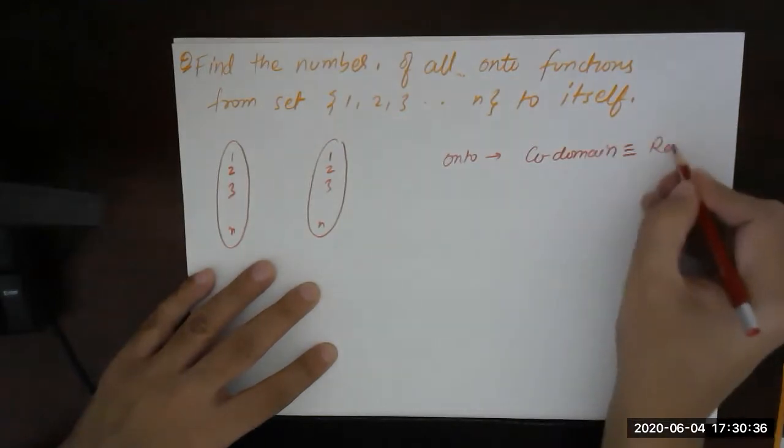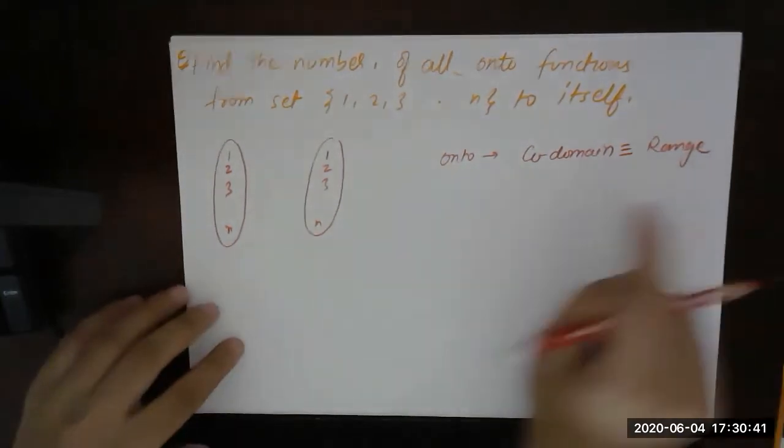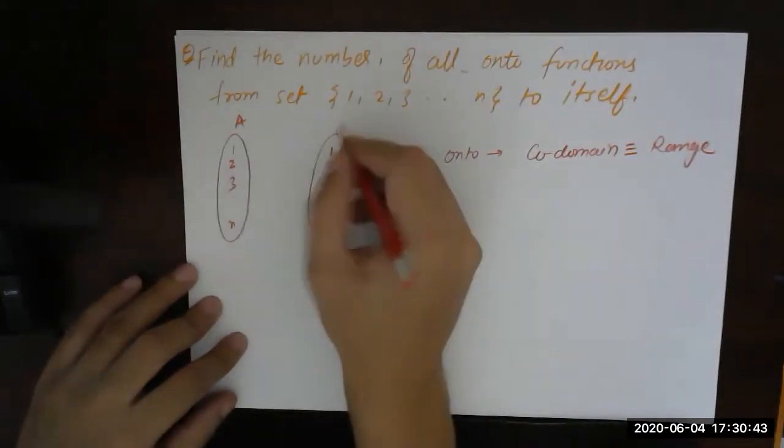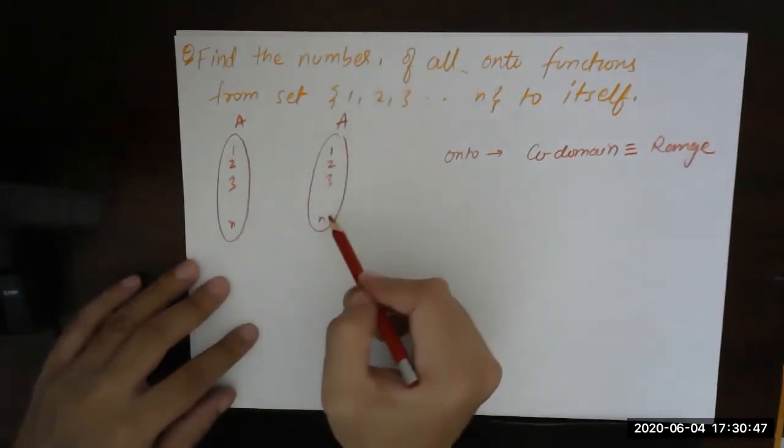should be equal to the range. Codomain and range should be equal, right? Codomain and range for the function should be equal. So, let's say the set A to set A. Now because the number of elements in both are the same,